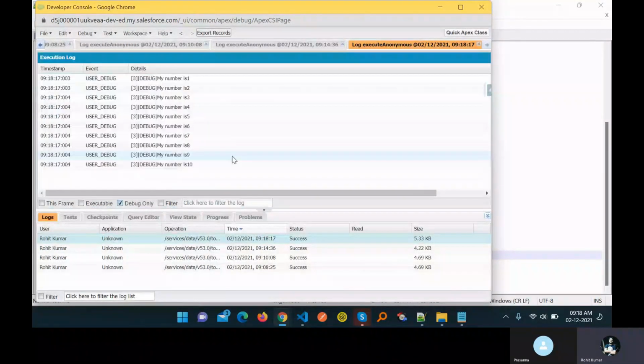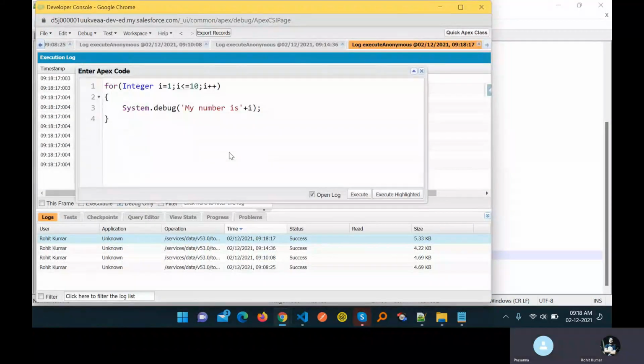Just click this one and here you can see my number is 1, 2, 3, 4, 5, 6, 7, up to 10. Here you can see, right? Yes. And I want to make some space between, like is 1, is 2, something like that, some space. How to make a space between these? There are quotations and space. After that, you have to write this one, right? No, after quotation.